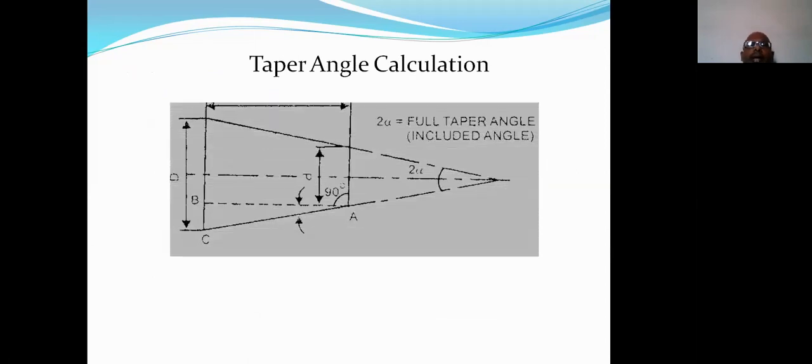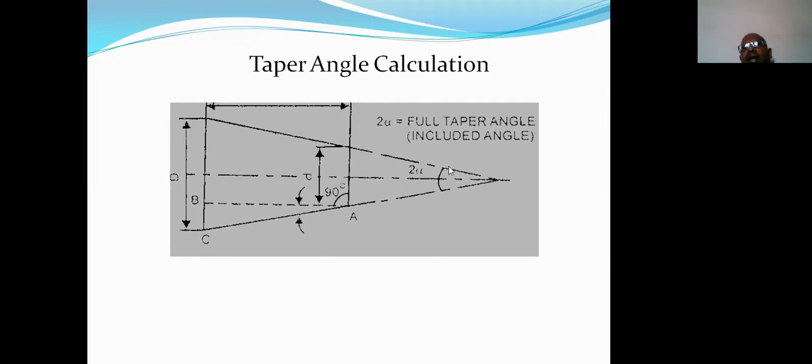So the next method is, in this particular method, the first step is calculation of the taper angle. So this is the small diameter of the conical section, and this is the larger diameter of the conical section. The small diameter is represented with small d, and the larger diameter is represented with capital D. And the length of the job, or length of the taper portion, or length of the conical portion is represented with L. So 2 alpha is the total angle of this particular component, or angle 2 alpha is the taper angle.